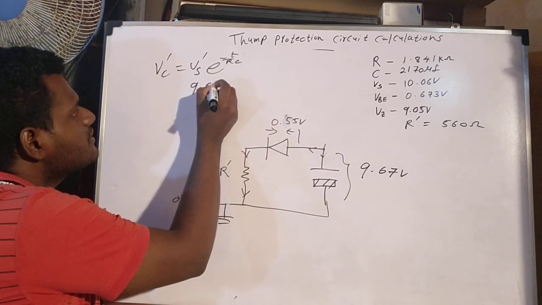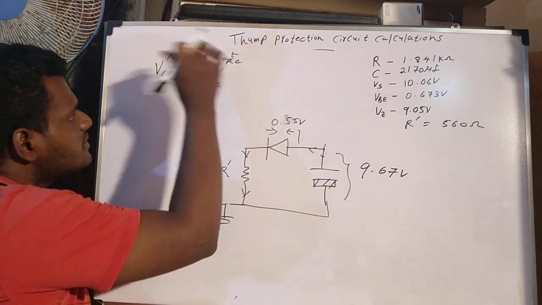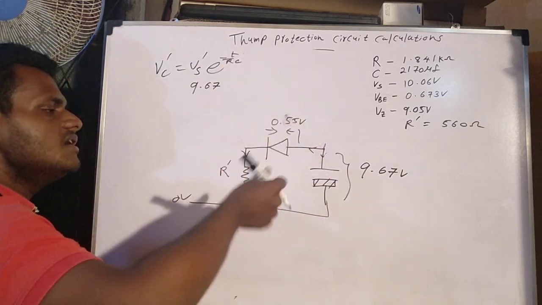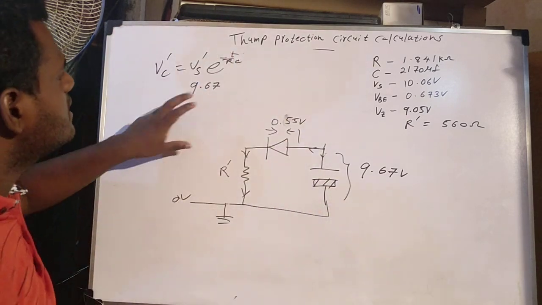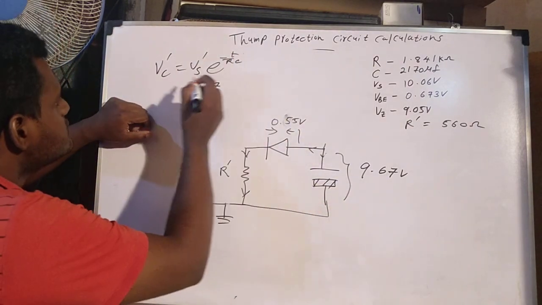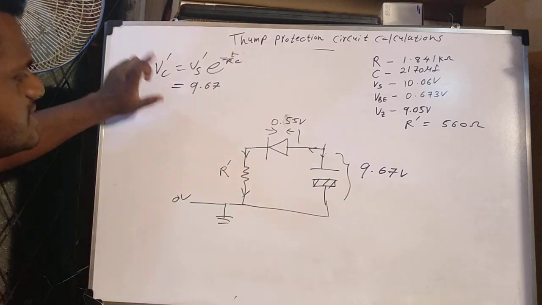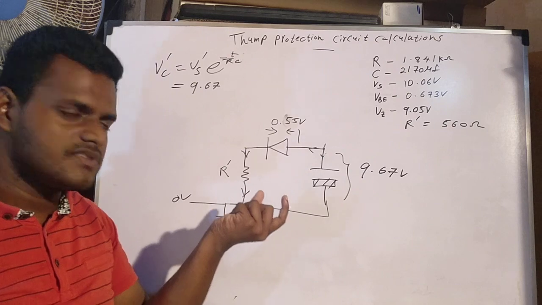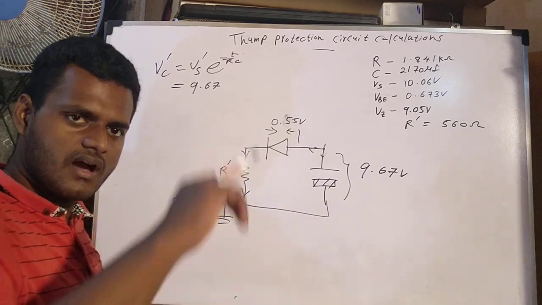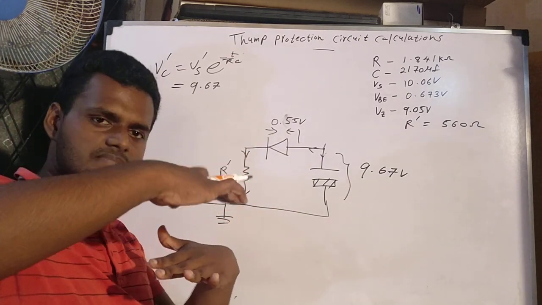Here 9.67 volts is the supplying voltage, which is dissipating. The starting voltage is 9.67 volts. So Vc dash means we can take the minimum value of the time. We can calculate how much is the best